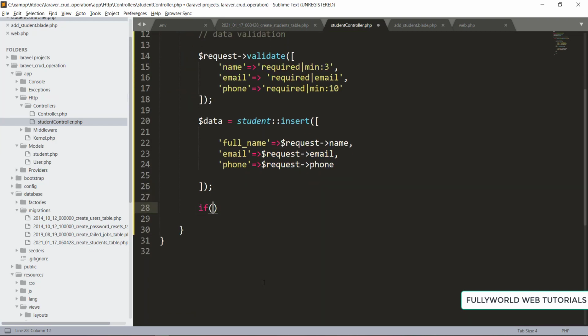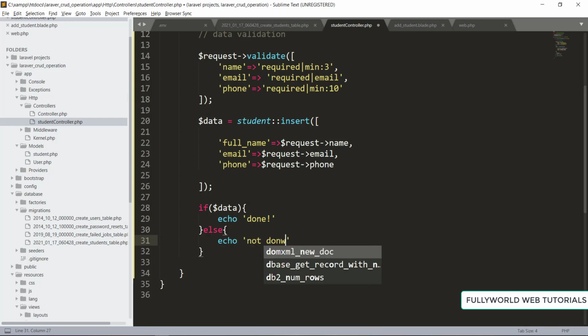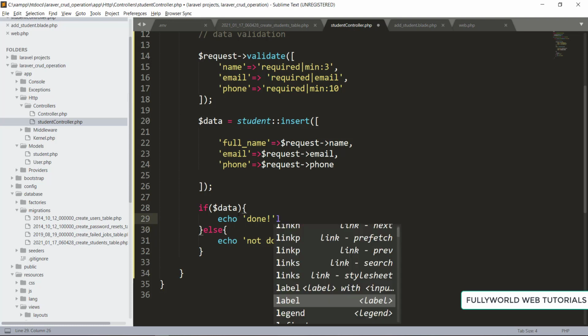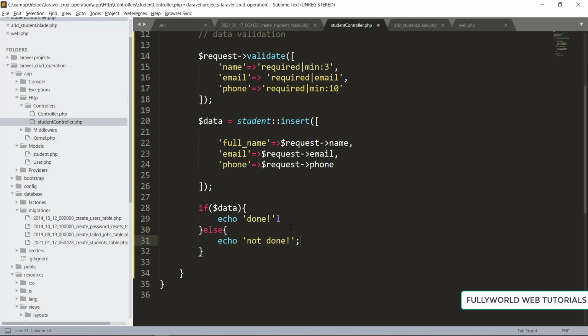If $data is there, so if it is done successfully, then we are going to echo done, else we are going to echo not done. So let's see what is happening. Save it, and now let's see there.